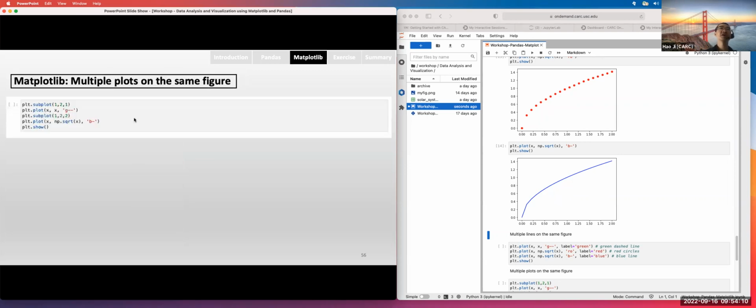What if you want to have multiple plots on the same figure? You can see, instead of just giving different lines of command, I need to create a subplot function. So for example,